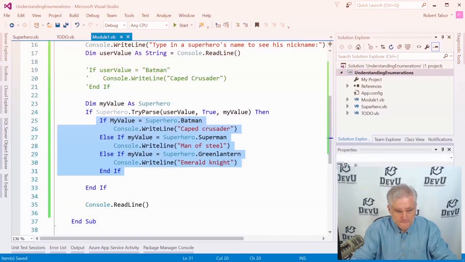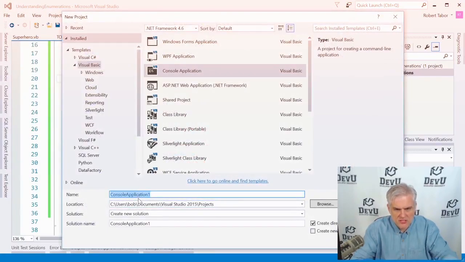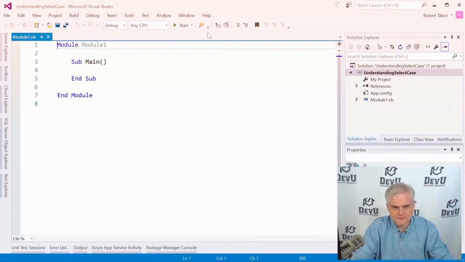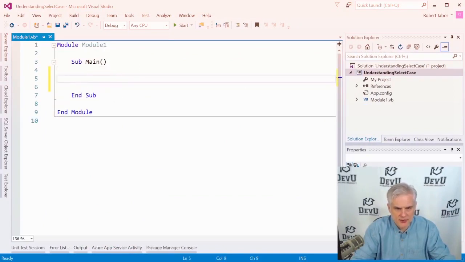And close that out. What I want to do, however, is create a new project. So let's save what we have here in Understanding Enumerations. And we'll go File, New Project, and we're going to create one called Understanding Select Case. And let's create a similar example to what we did before, except we're not going to use enumerations this time around. So Console.WriteLine,